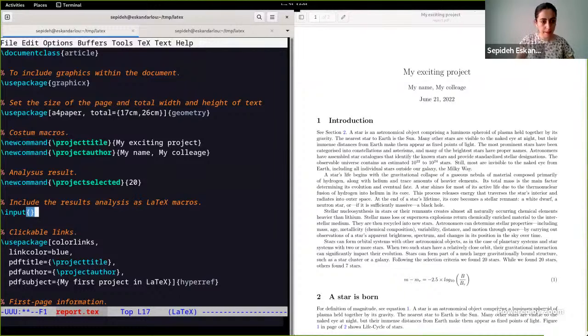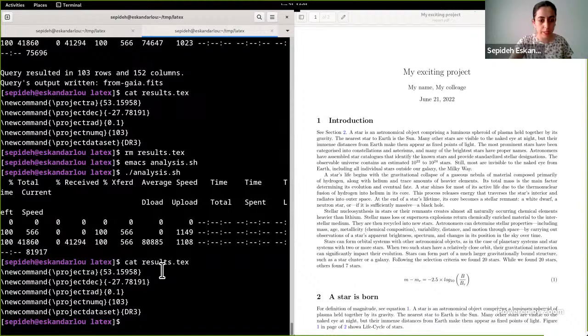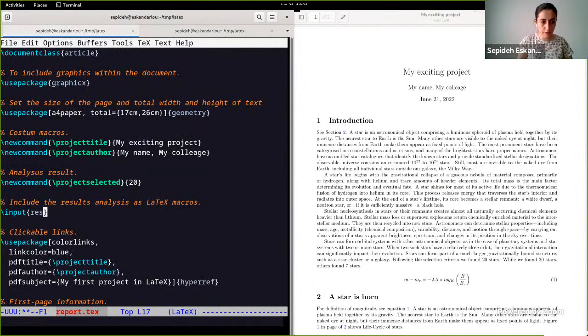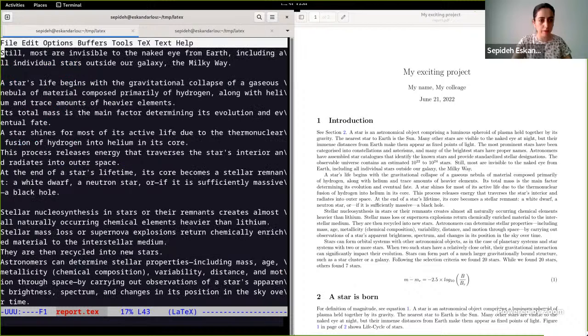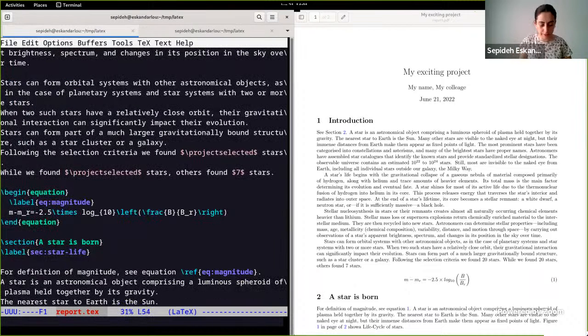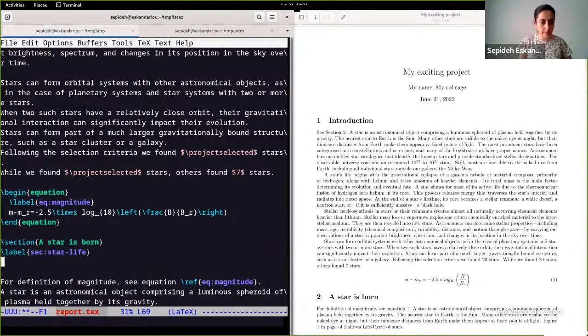You should just write the name of this file inside your input, results.tex, and then come to your main body of your text, for example, after this equation,